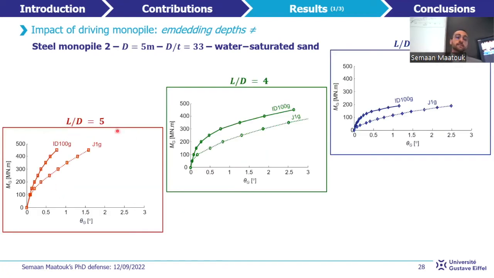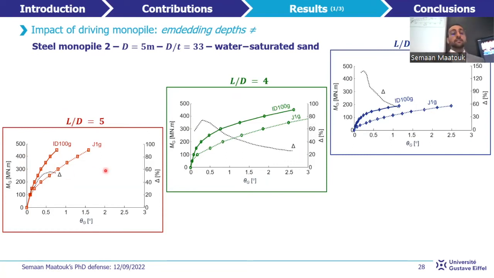Here it is at different slenderness ratios: 5 in red, 4 in green, and 3 in blue. The global M-theta response of the monopile for both installation methods, and the improvement delta brought by the impact driving installation for each case. The results obtained are almost similar to those obtained